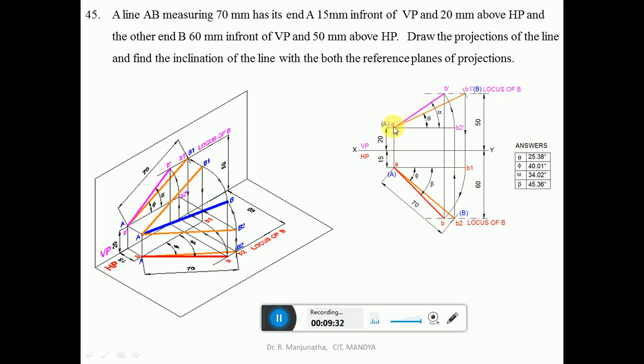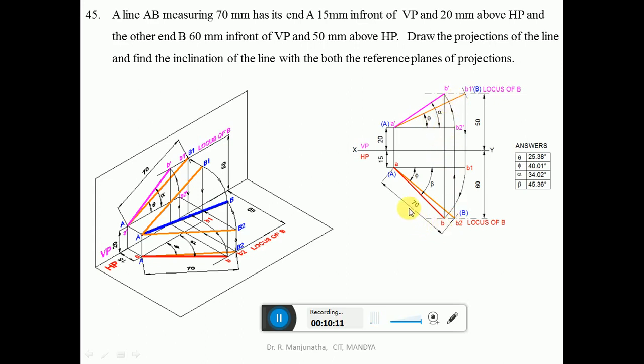Now consider any point and draw a vertical line so that you get this point A dash, and this point will be small a. This is capital A and this is capital A, you mark that. Now we know that the true length of the line is 70 mm. With A dash as center, taking the radius of the true length of 70 mm, cut an arc on the front view locus line so that you get this point B1 dash. Since it is capital AB, you mark this as capital B. Then join A dash to B1 dash with a line a little bit thicker than the projector lines.